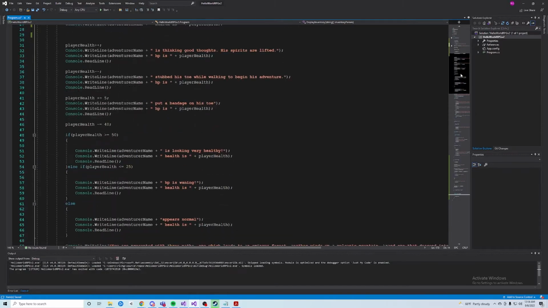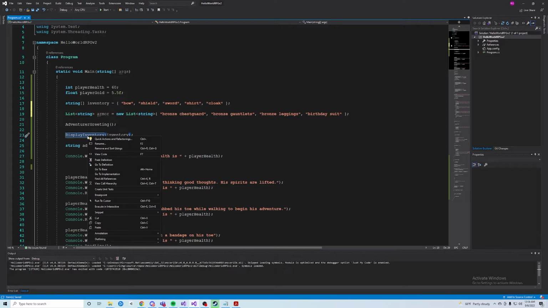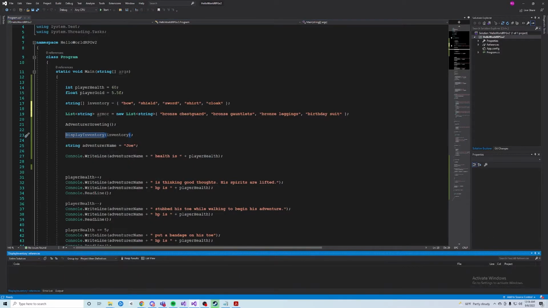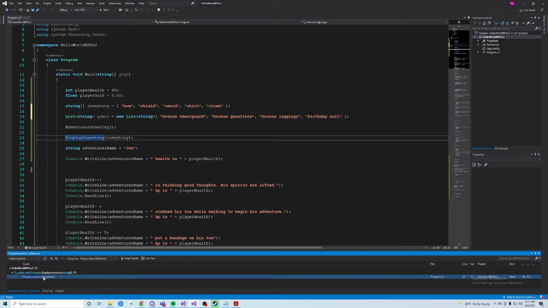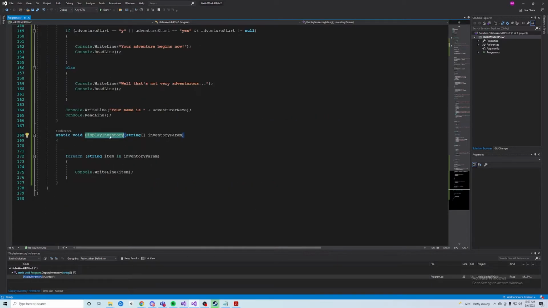Another useful thing to check out, sorry, I'm going to go back up here, is to double click this and then click find all references, all right, it lists everywhere that this is called. So right now this method is only used once in the main method here, but let's say I use it again somewhere, it'll list all of the times this method was called. And it works for variables and all those things there. So okay, we'll go ahead and just right click again, go to implementation. So now we're down in display inventory,